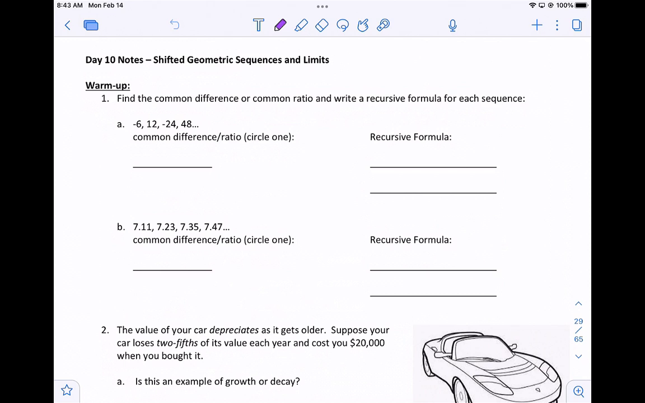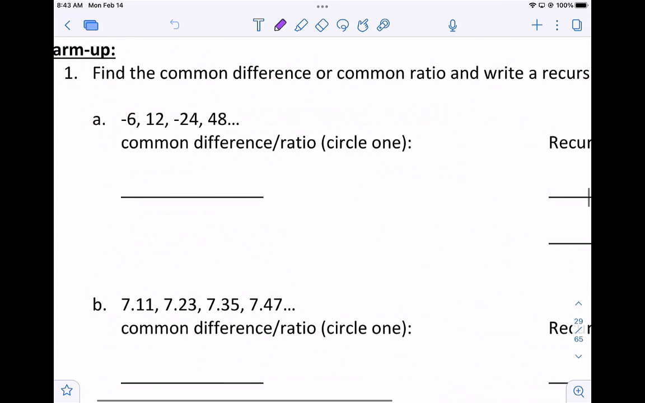If it's arithmetic, find the common difference. If it's geometric, find the common ratio. And then can you write the recursive formula? We'll also take a look at the explicit formula. So if you take a look at the first one, it alternates from negative to positive, and that means it